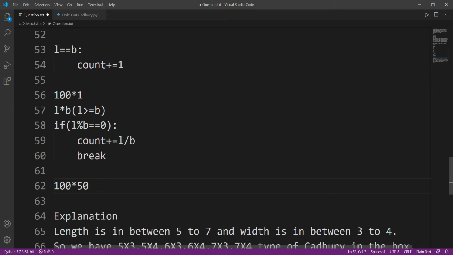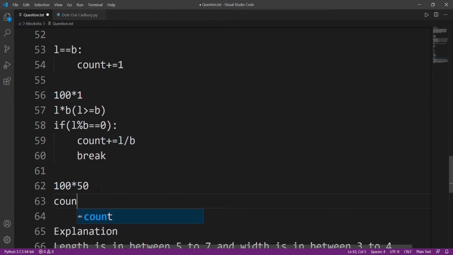Why? Because both of these values are divisible. 100 is divisible by 50, right? And after that, I increment my value with 100 divided by 50, that will give me 2. And as soon as I get such a perfect divisible number, we'll break, because we'll get how many bars we can create. And these are a few key points which will help you in avoiding TLE, because this can actually help you a lot in the long run.